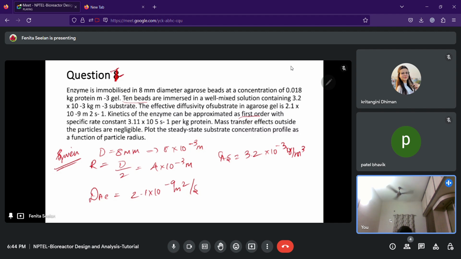So what was asked was the concentration of your substrate in terms of your particle radius. So we'll start solving. These are the given values. To calculate the volume per bead,